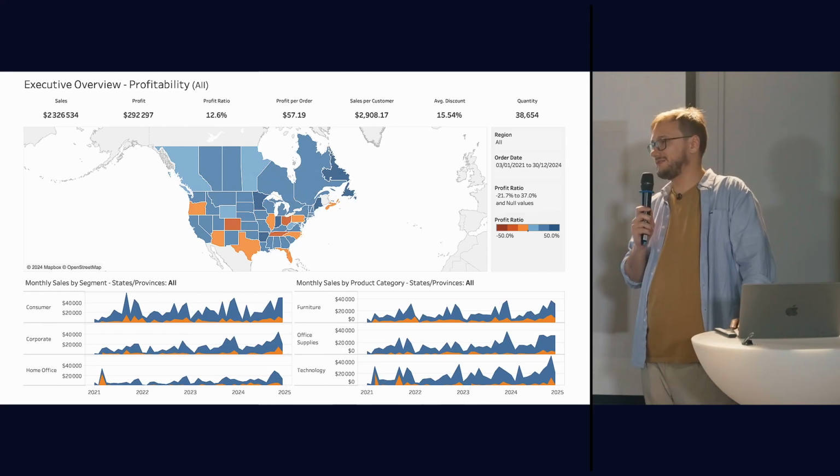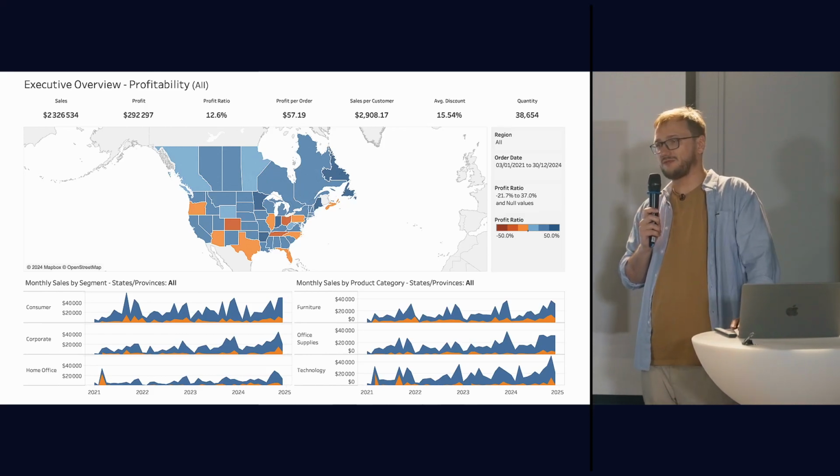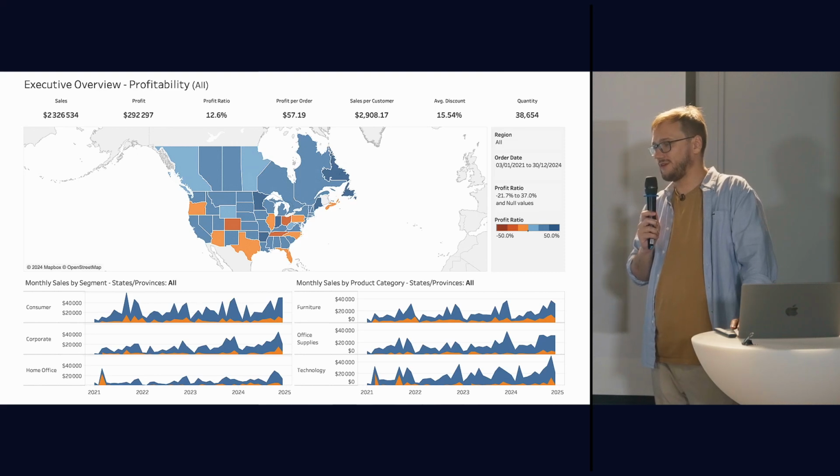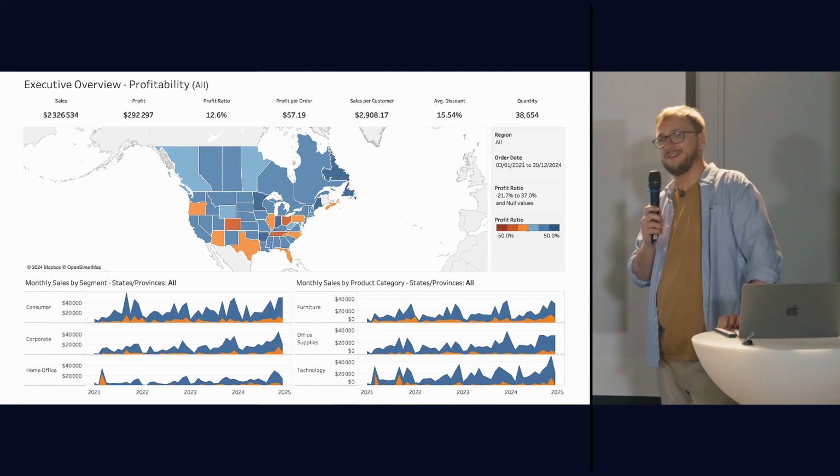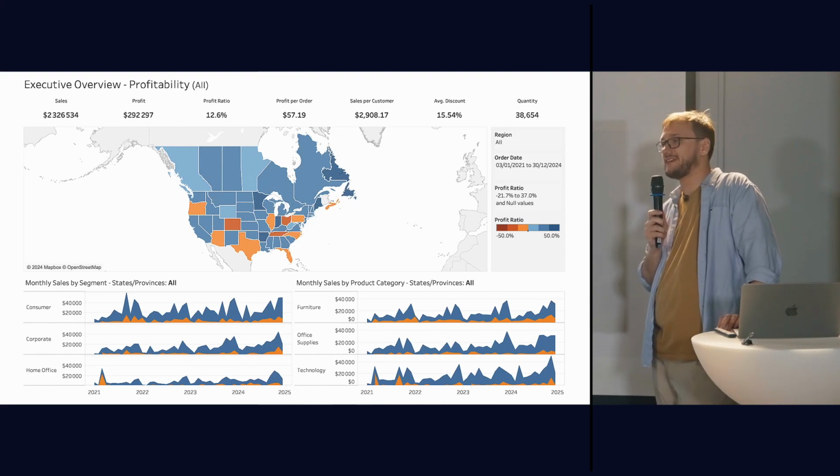And do you know where this dashboard is from? No? Clap if you know where it's from. Okay. Only 3 people in our room today know that it's a Sample Superstore dashboard from Tableau themselves.